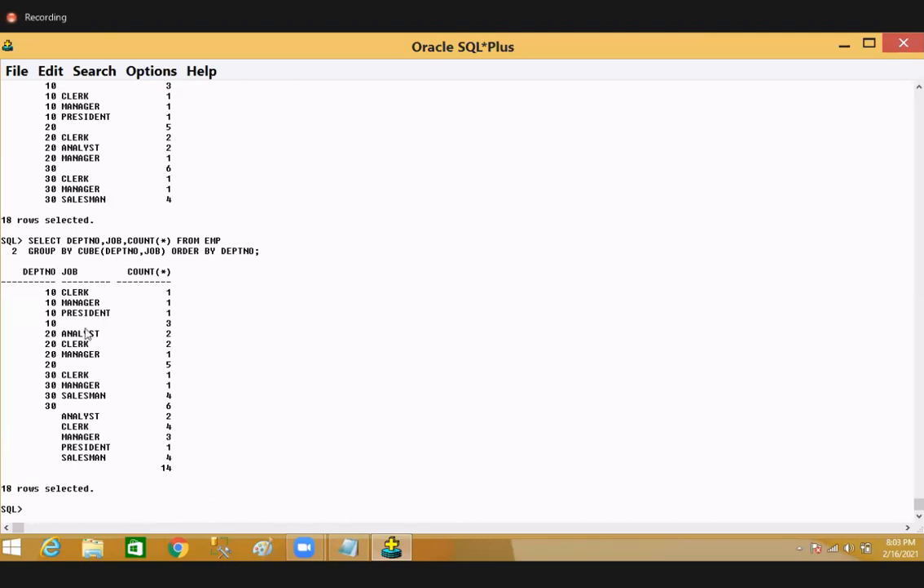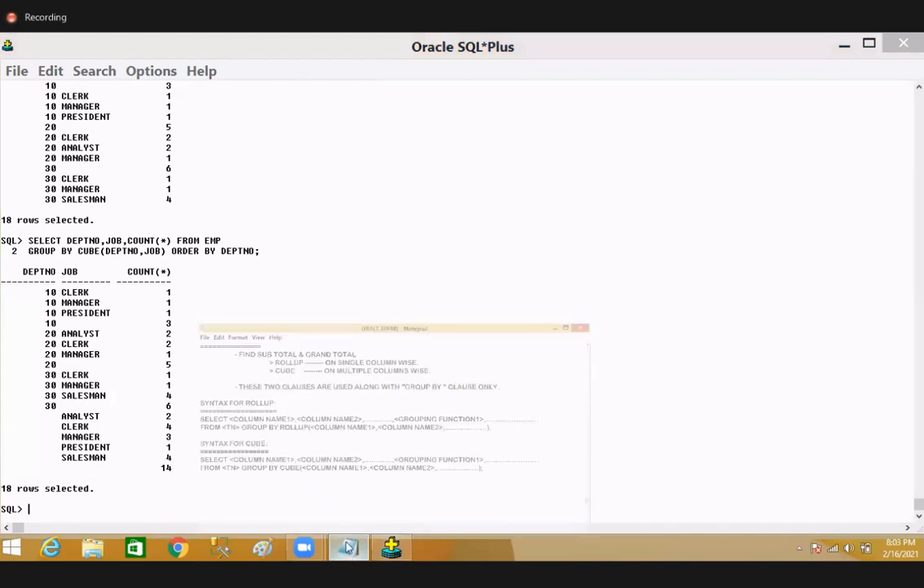Now you can see here, this is a subtotal row, and this is a subtotal row, and this is also a subtotal row. Here we have some nulls, null, null, and null. Wherever nulls are there, in place of those nulls I need to give some identity. So there we can use